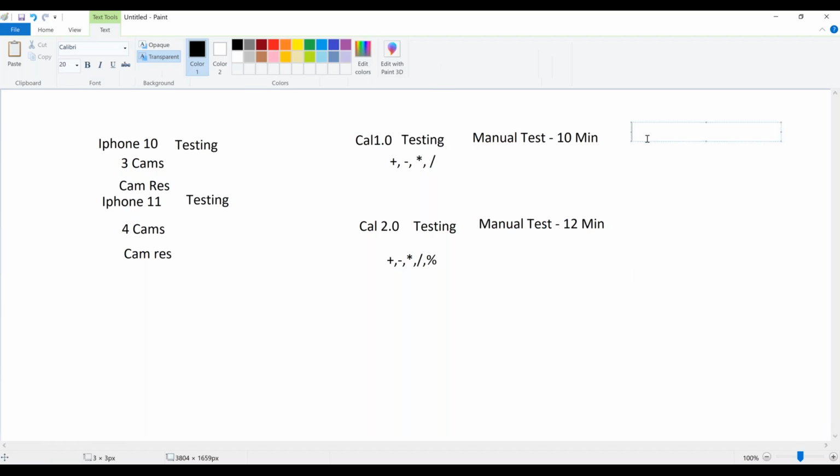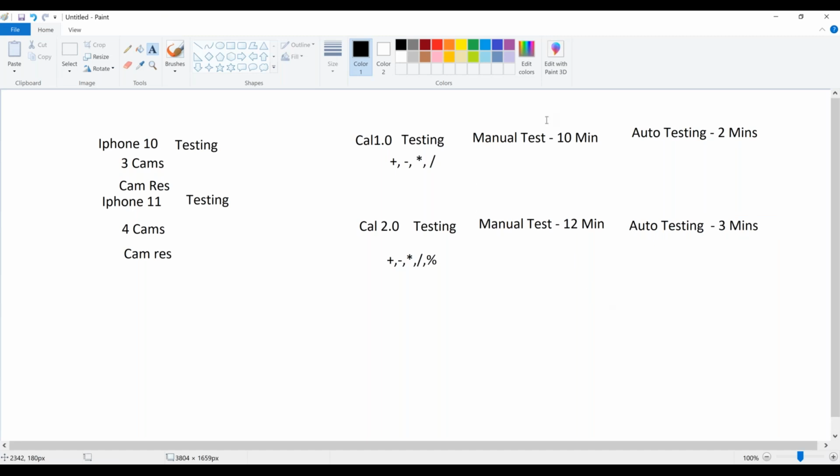So coming to automation testing, the same thing probably you can do in 2 minutes, right? So maybe to test this, because there is one new feature, it may take 3 minutes. So what I'm trying to tell you is you have to do the testing again and again.